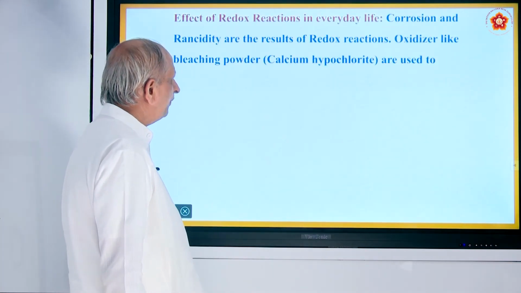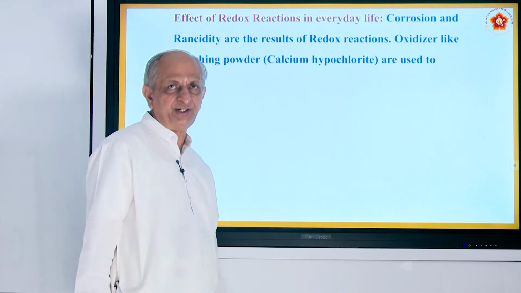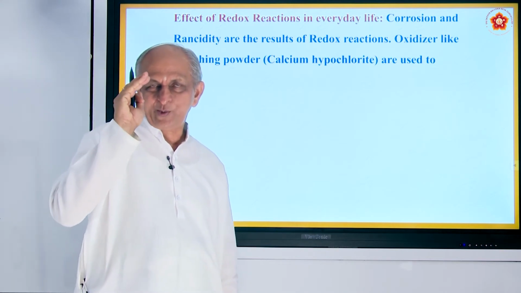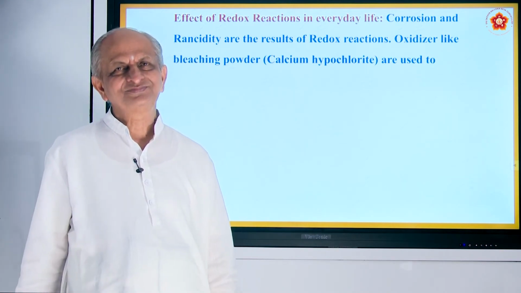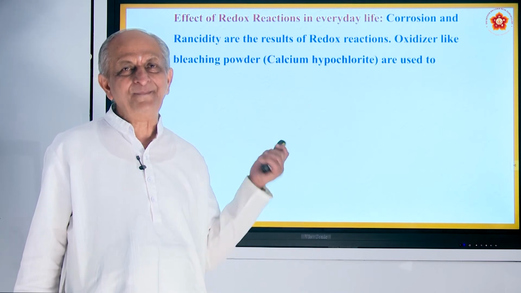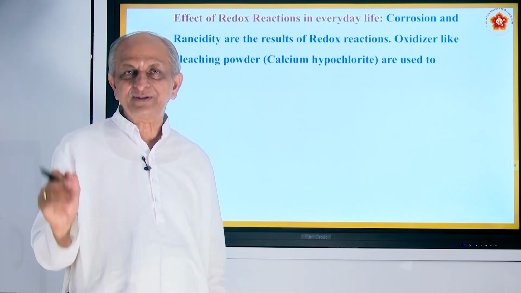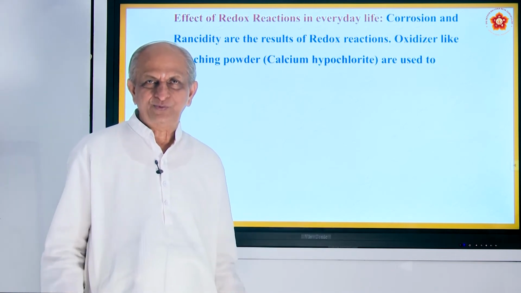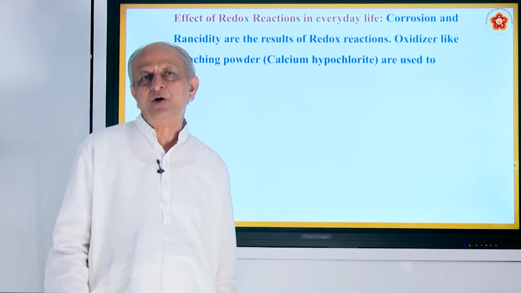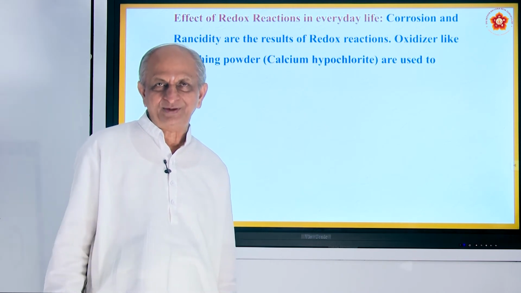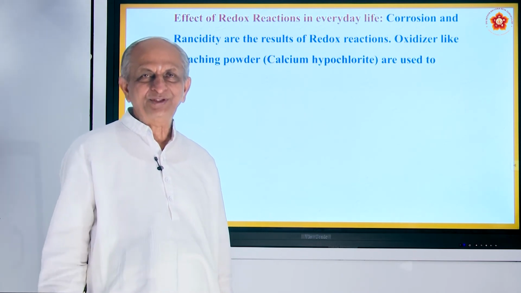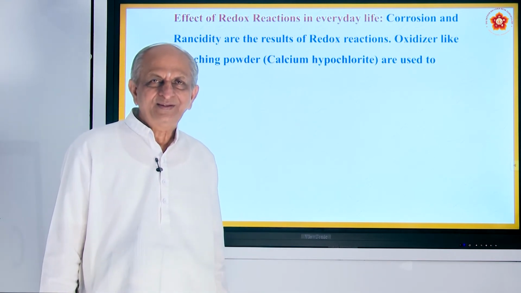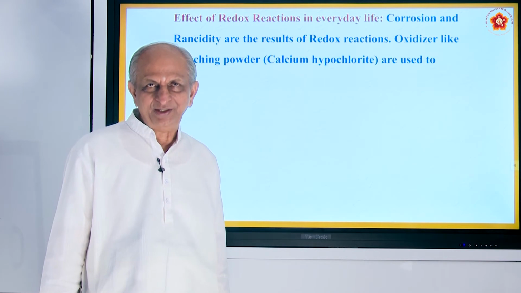And what is the effect of this reaction in daily life? Always, you must know what is the purpose. Some of you will be waiting for the games period. When the bell is given for games period, what do you do? All of you rush to the ground, full of joy, with bat, ball, and all the things. Some with carom board, some with chess, all full of activity. Why? You like it, you enjoy it.